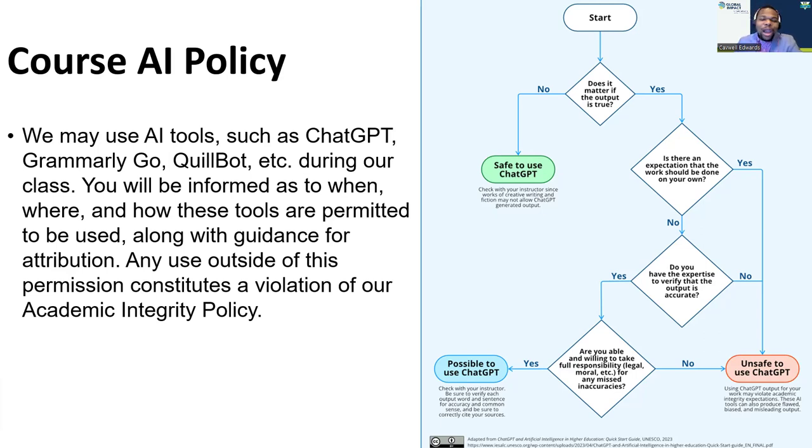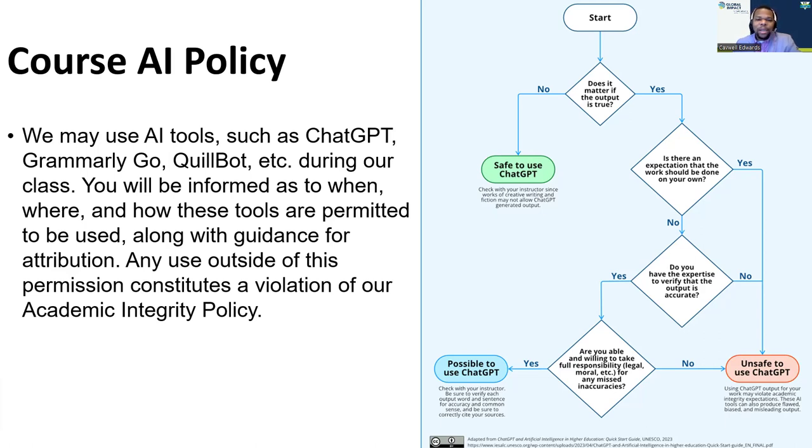So let's look at the differences in terms of what you can do with ChatGPT. I will use this chart, and the source for this chart is UNESCO 2023, which was a report that showed how you can think of using ChatGPT.